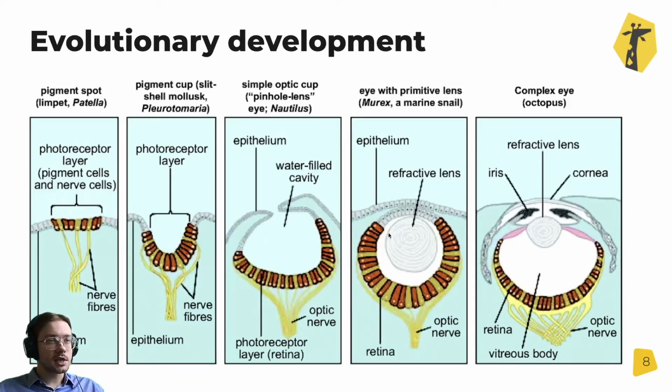And step by step, we developed a system that consisted of a chamber that light could go into. And later in this chamber, we had formed some refractive lens, and the nerves got organized better and better. And step by step, we went to the iris and cornea. These are more and more advanced types of eyes. We will see more on this on the next slide. And this is how it formed.